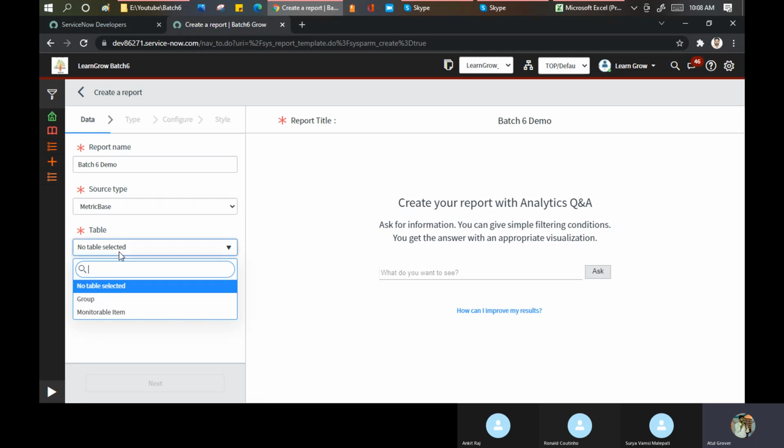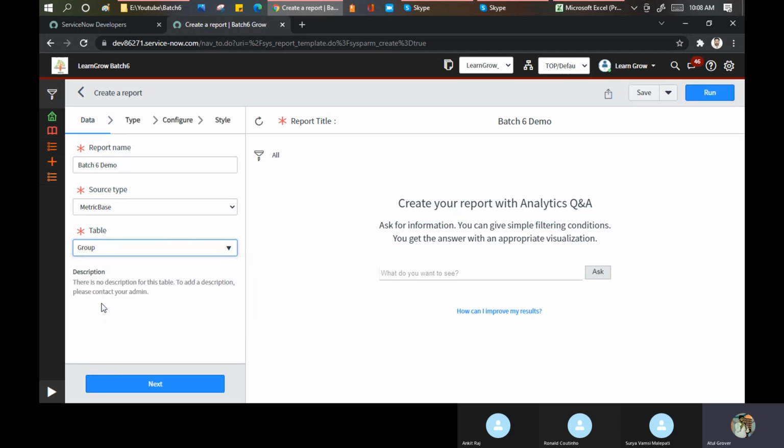These are also tables only, but these are some different type of tables which, like you say, Ronald, have some kind of KPIs, key performance indicators. All kinds of already pre-built metrics are there, and you use that metric and you can build up your report.